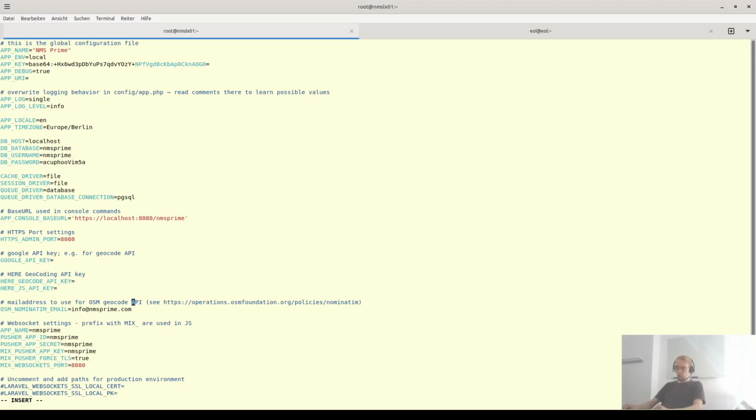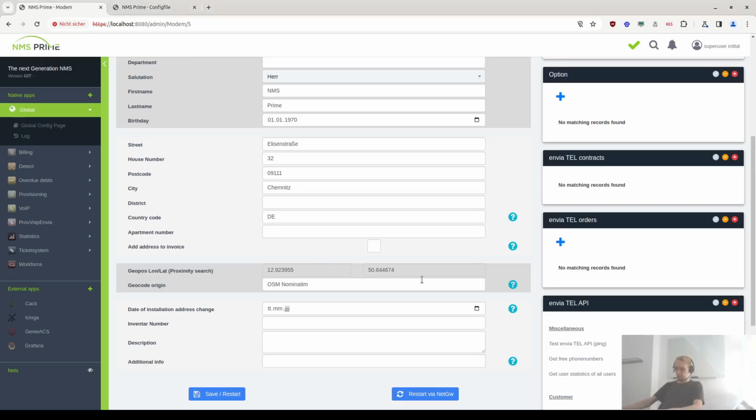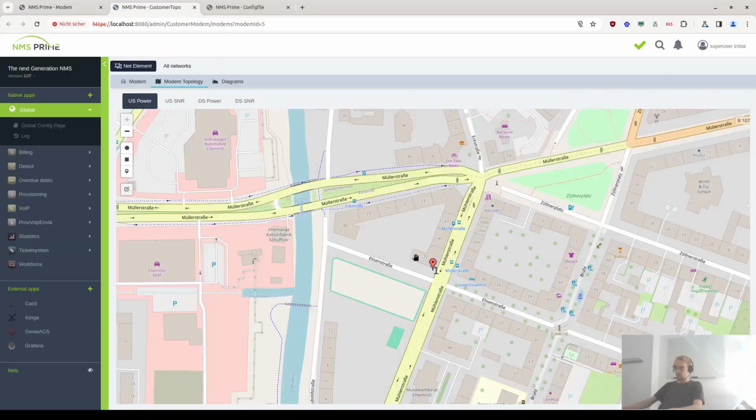But for now, we always use OSM, OpenStreetMap first, then we go to Here Maps, and then last but not least also Google Maps. And if I do so, then I would have to do the caching. So I'll do PHP www NMS Prime artisan, and then I do config cache, which I did before, and that's why it worked without having set the email address. So if I do this now, then basically OSM will do this in the background for me. Now I can click on the geo position here, and you can see that now the modem is probably placed